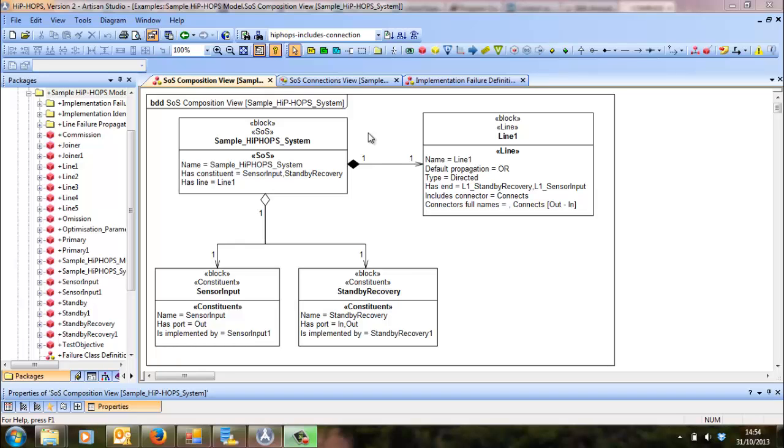We have a number of different views which illustrate different aspects of the model. We begin by looking at the SOS composition view. This view shows that the SOS contains two constituent systems, sensor input and standby recovery, and a line, line 1. Each constituent contains a collection of ports and at least one implementation. A line, in a HiP-HOPS model, is a multi-way connector which represents the flow of data or other materials through